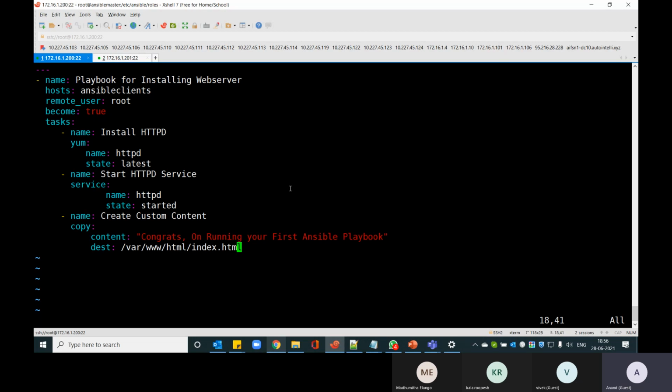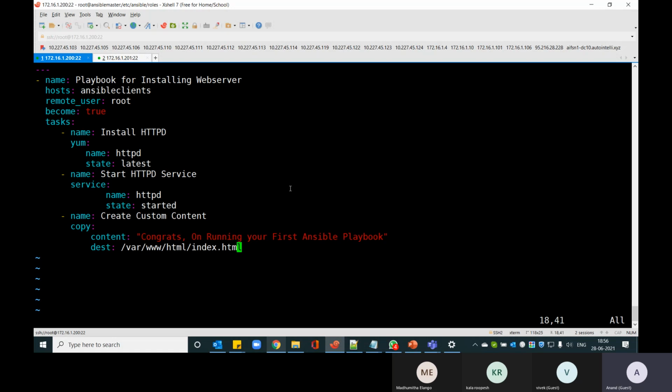I don't need to really depend on the rpm command, search, install. I just need to use the modules I need, like yum, service, copy, move, SCP, all the different modules. If you just search over the internet, you'll get all the different modules which Ansible supports by default, which I can use day in and day out to create these particular playbooks, right?